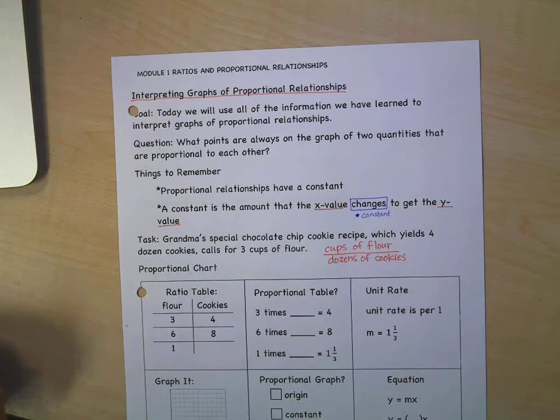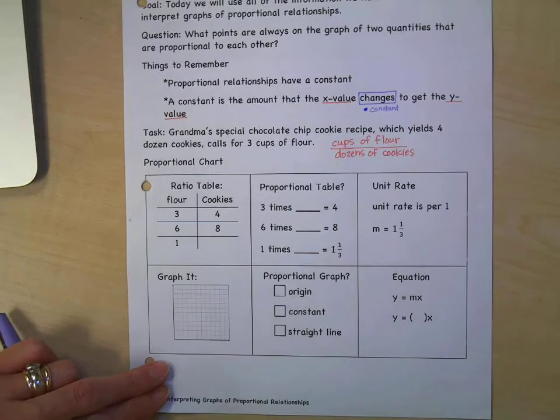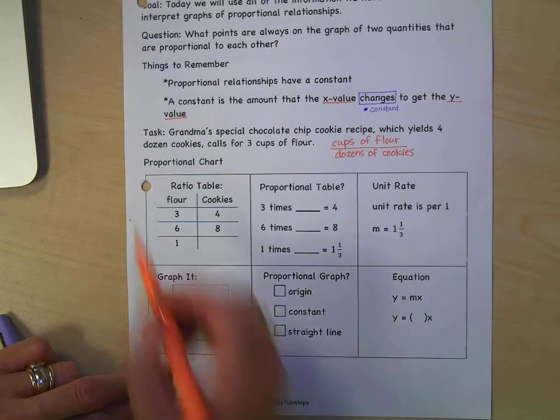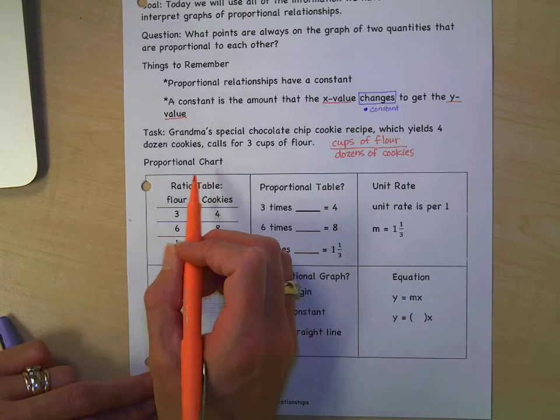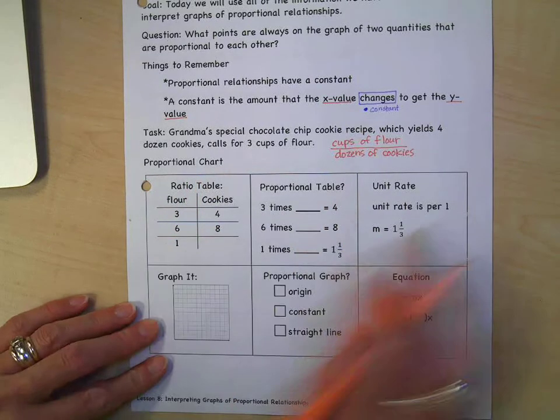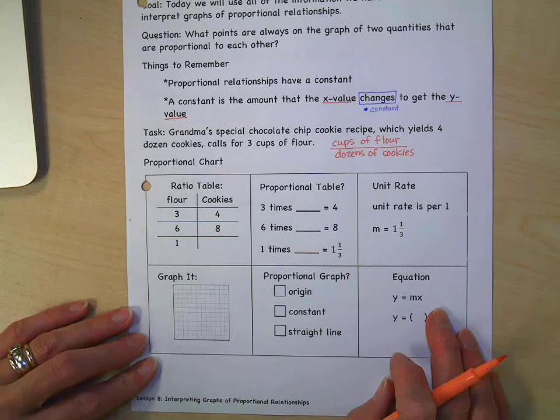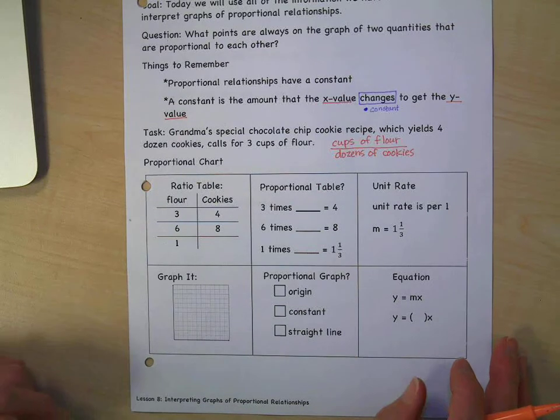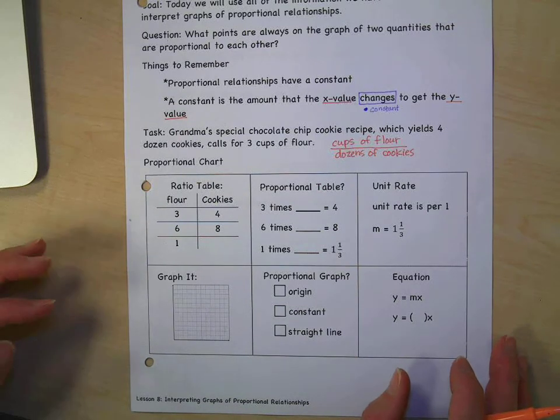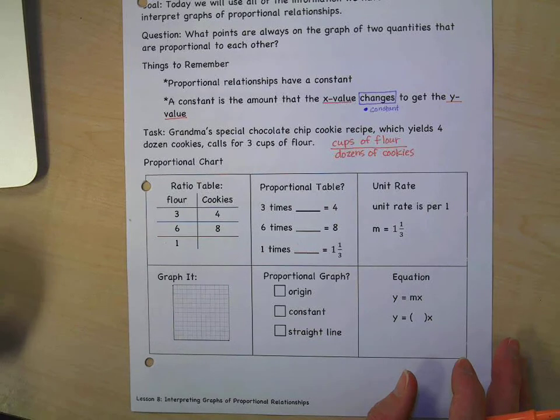Okay, so what we're going to do in this lesson is I'm going to teach you a new way to organize information so that you can check to see if the proportions are connected or they're related. So we're looking for a proportional relationship. And a new way to do that is to use the proportional chart. And you will notice that there are 6 sections to our proportional chart, and you have learned how to do all of these things. And so now we're going to use all of these things to check and see if